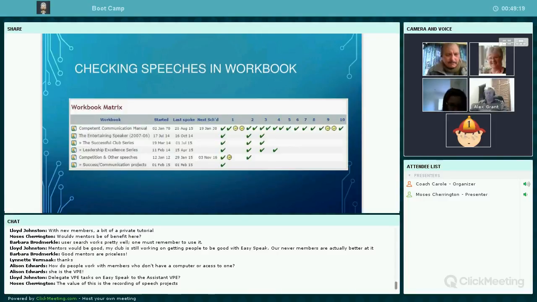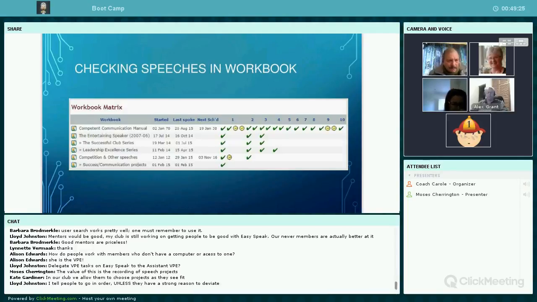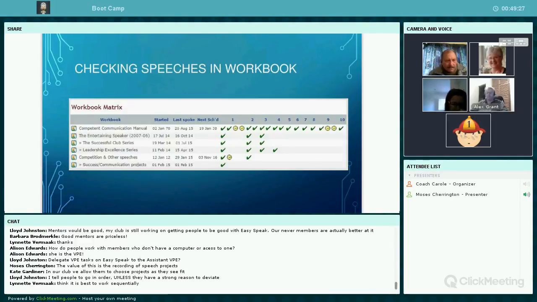So let's have a look at the answers, Moses. What are people saying down there about how to encourage people to request speeches? Well, there's Lloyd saying, I tell people to go in order, no reason to deviate. I totally agree. Now, why I agree is that Toastmasters has taken the time and the trouble to actually put